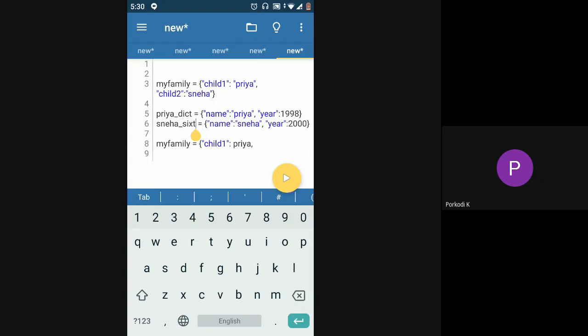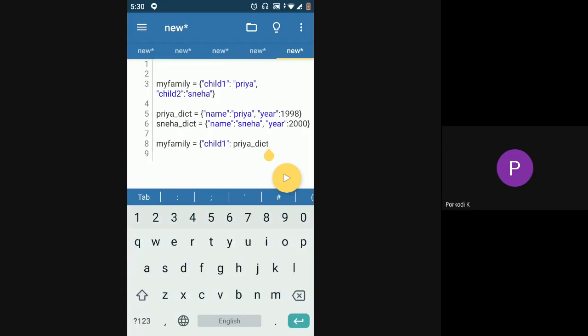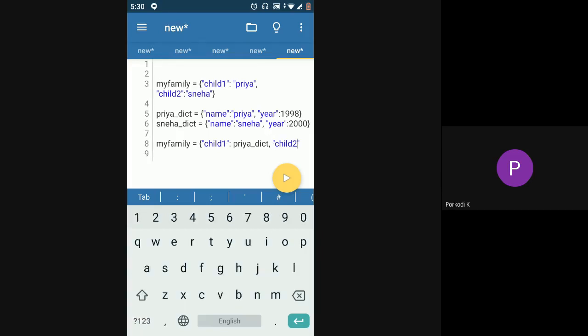So this Priya dict would be my one dictionary over here in this my family dictionary. This Priya dict would be a value to one of the keys, and similarly Sneha dict would be the value for another key, Sneha.